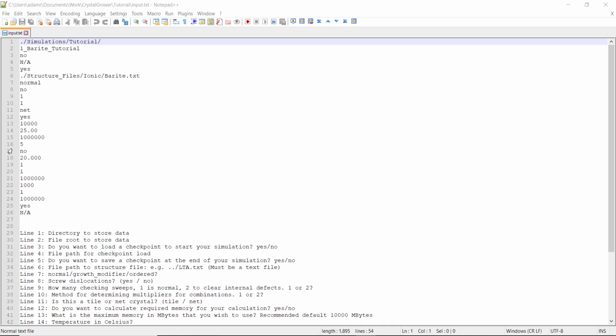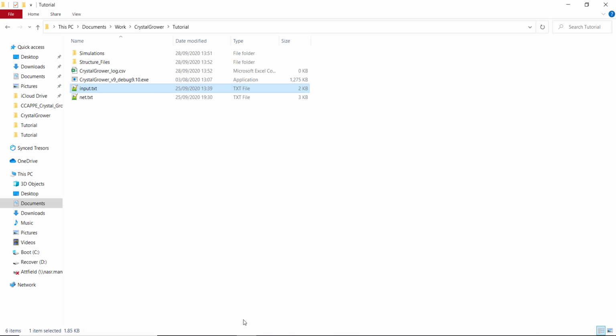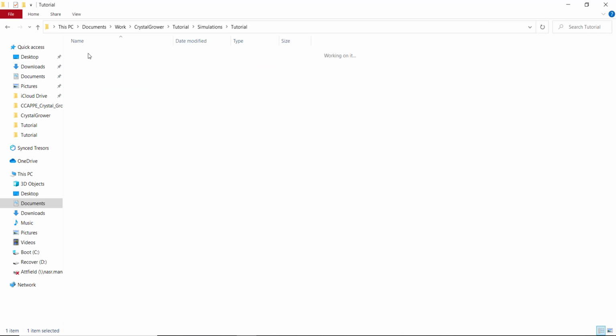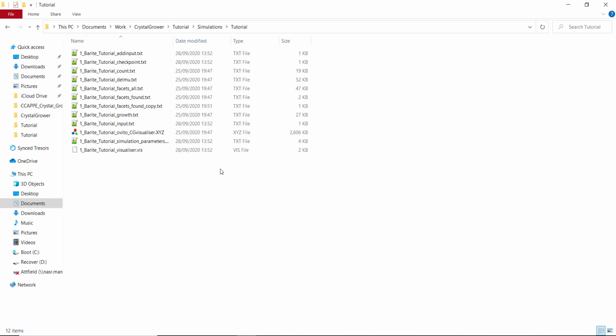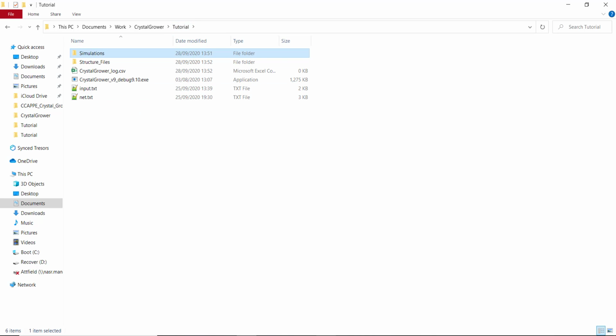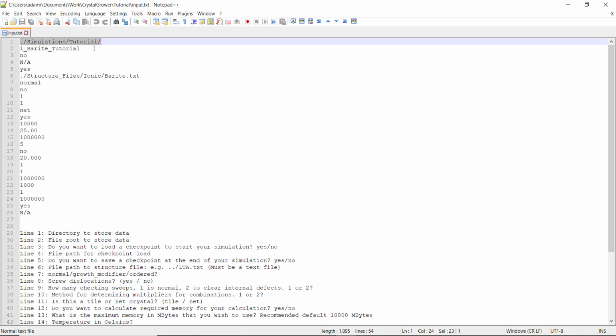Each of these parameters has a prompt further down in the file, explaining what each one means in a brief line of text. So this first line here is the directory to store data. This will be where your simulation output is saved. And this path is defined relative to the location of your input.txt file. So if I go into my folder, my input.txt file is here. If I go into simulations, tutorial, this is where it will save my output. You can see I've already run a simulation here. So if we go back to our tutorial directory, back to our input.txt file, we can move on to the